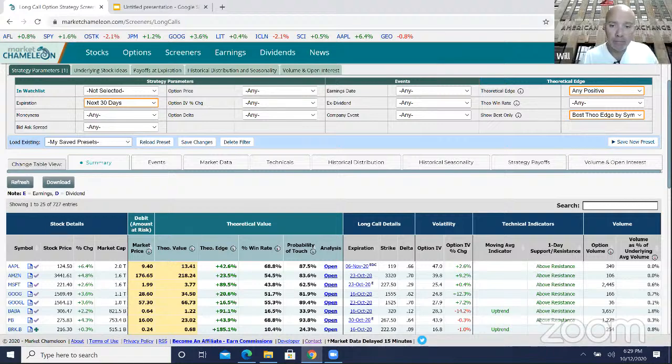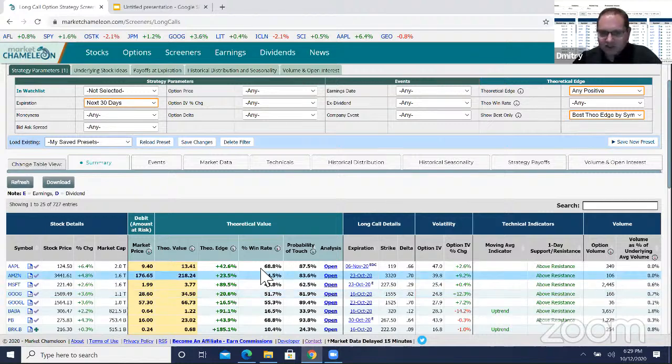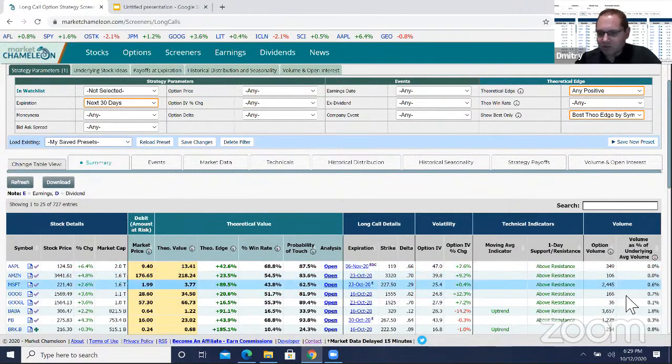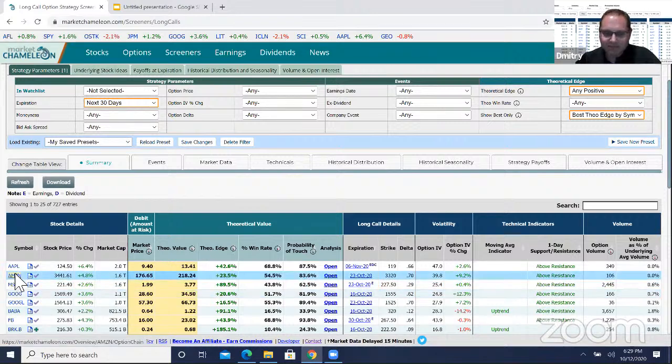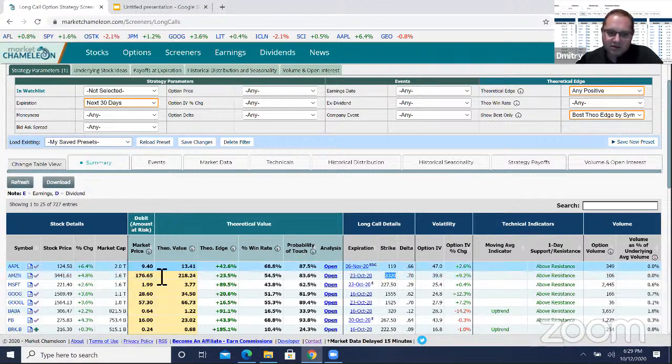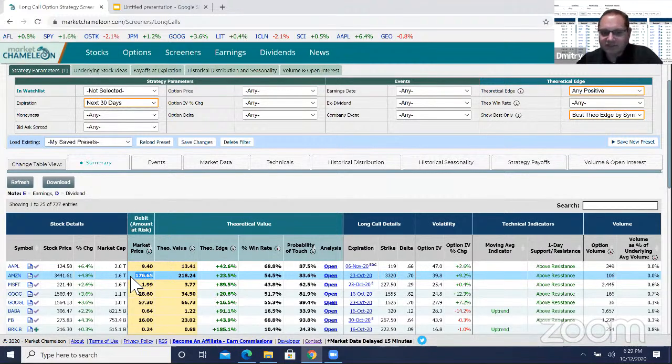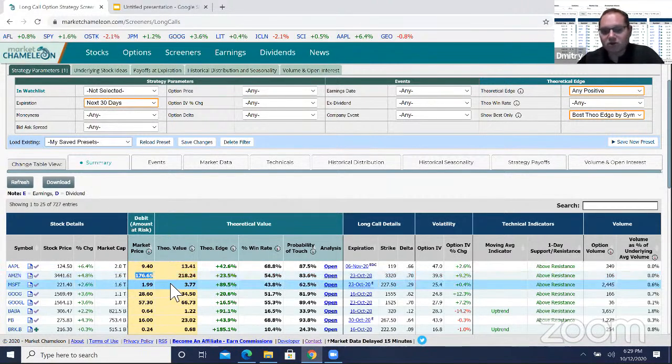Okay. So as you can see here, I'm just going to show you a couple other ones based on the theoretical edge, like over here, Amazon. This one, October 23rd, I'm not getting an E, so this isn't going to be in earnings, but it's looking at the October 23rd, 3,320 call. That option is $176.65. We think it's worth